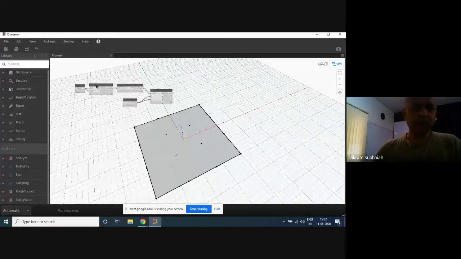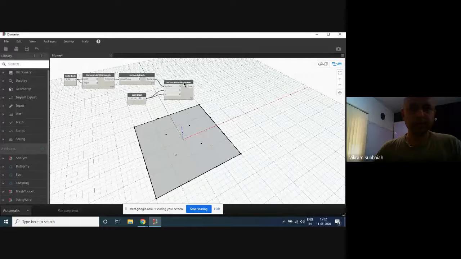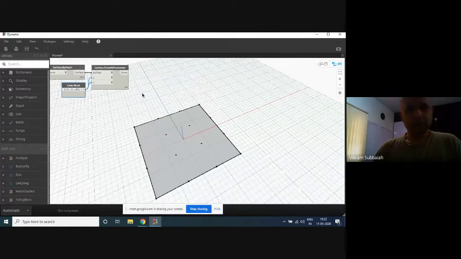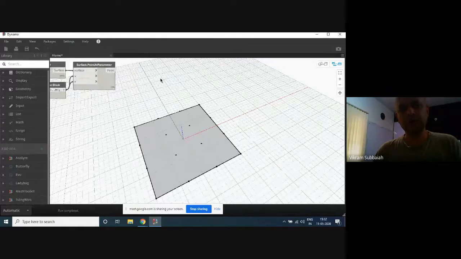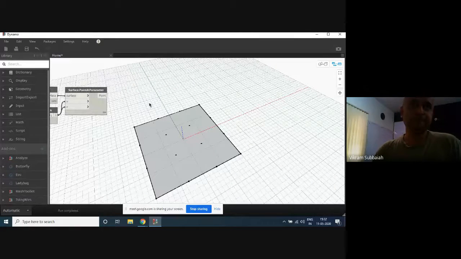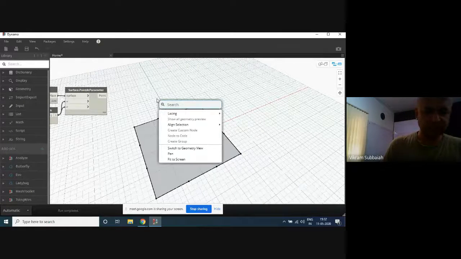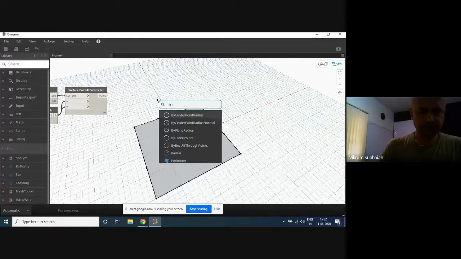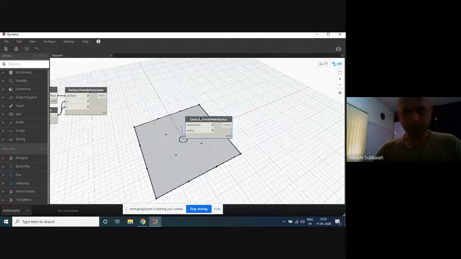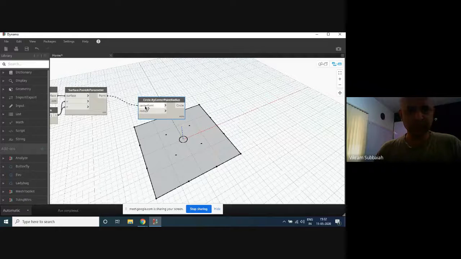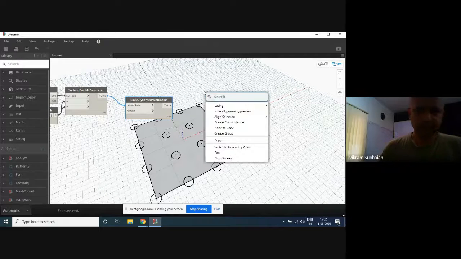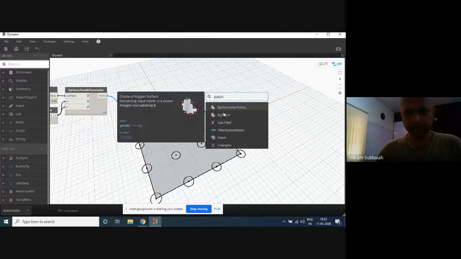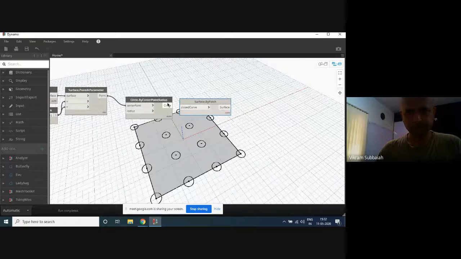Likewise, I'll also create the circles again, with center point and radius.